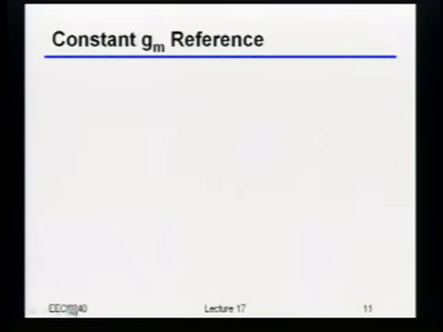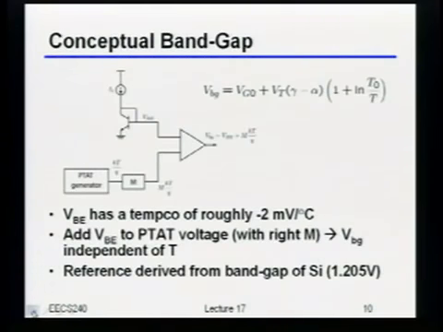Okay, so just one last quick thing before we break for today. Once you've built a PTAT reference, like we've been talking about, and again paying attention to which way things should go, you can also build something that has a constant voltage. How many of you have seen band gap voltage references before? Okay, good. The general idea is very simple. You take the thing that's proportional to absolute temperature, you somehow add it to a VBE, which turns out to drop by about 2 millivolts per degree C. If you add these two things together,